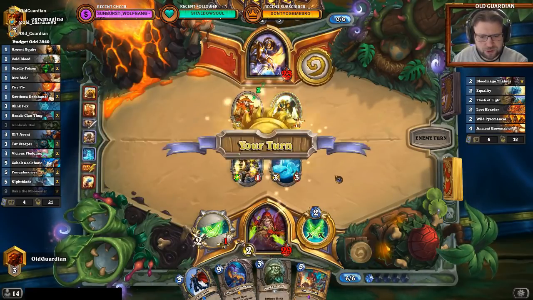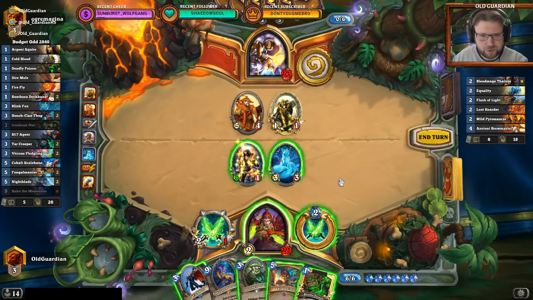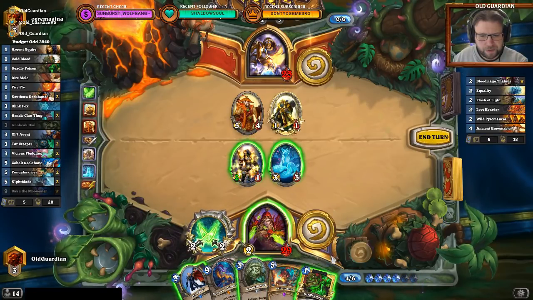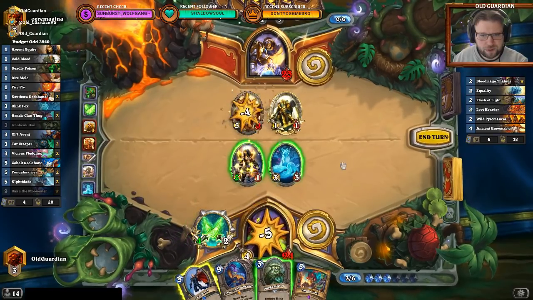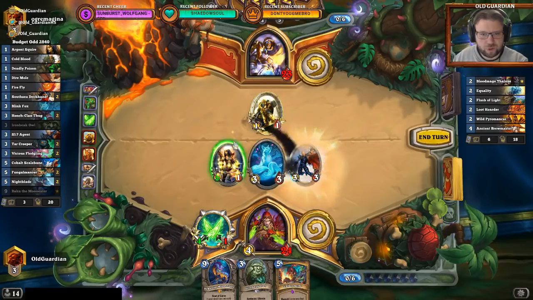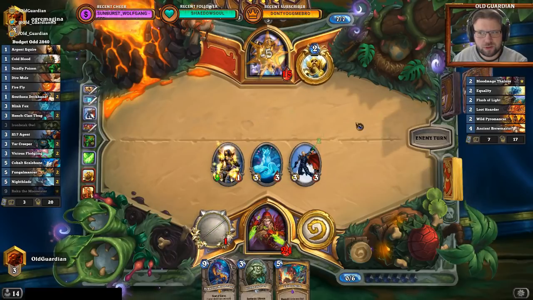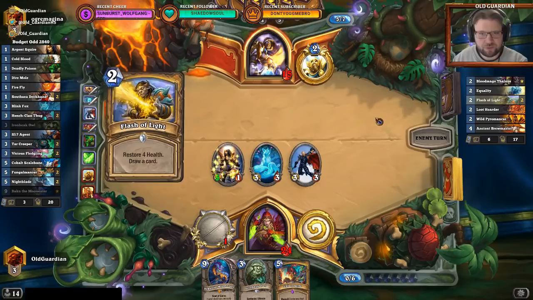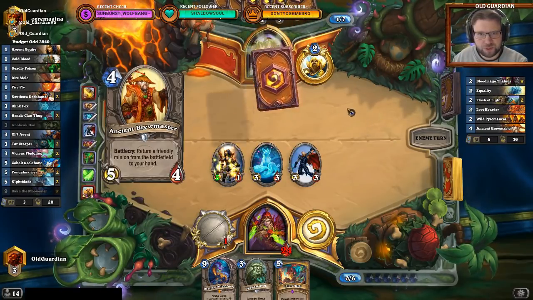I don't want to use the Ironbeak Owl. Deadly Poison is perfect. So I re-dagger, and Deadly Poison my new dagger in order to kill the 5/4. Then I can also SI7 the 1/1, and I can push 8 to the dome. Okay, and I've already seen one Equality, so the odds of him having a second Equality are rather low. I was more expecting...